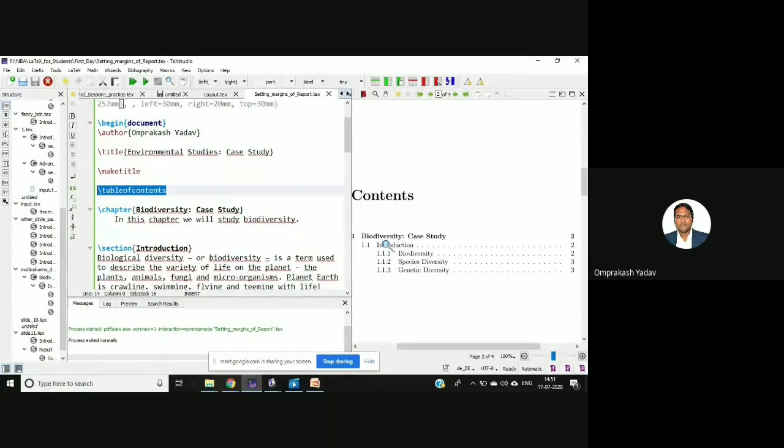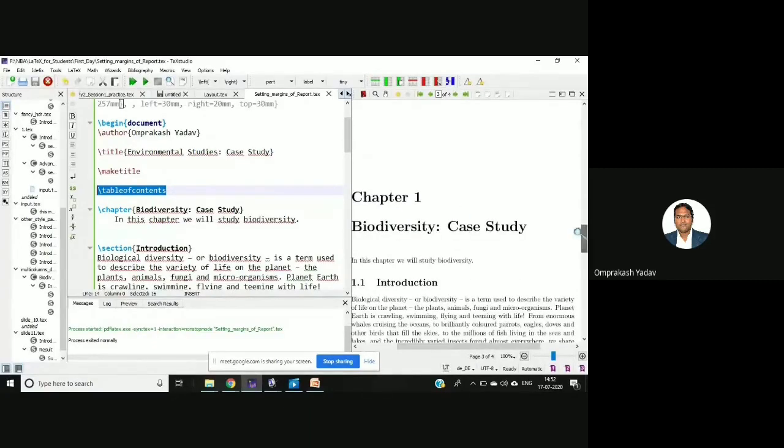Normally in a Word document, we go to that page, write the content, make the table, and mention the first section, then we write 1.1, then 1.1.1, then put dots, and then put the page numbers. So all these things we have to do. But here if you just mention table of contents, by default it will create it depending on what you have in your document.